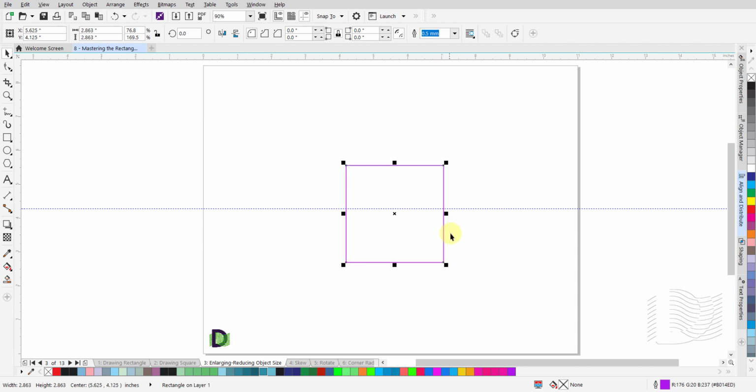if you grab a black square in the middle of one of the sides and pull it outwards or push it inwards, two things happen. 1. The size increases or decreases depending on the direction of the pull or push. 2. If the object was a square to start with, its shape changes into a rectangular object. Repeat the same action with the addition of pressing and holding the Shift key.